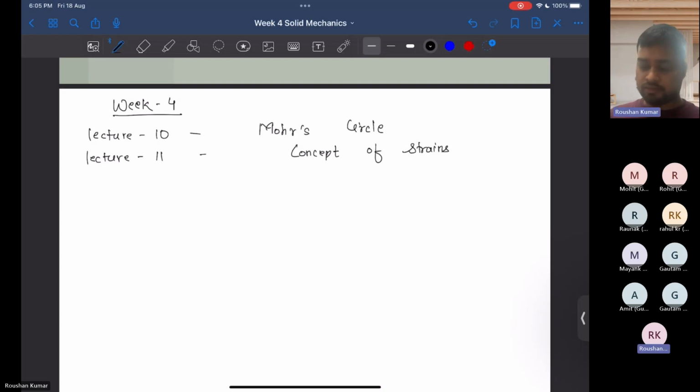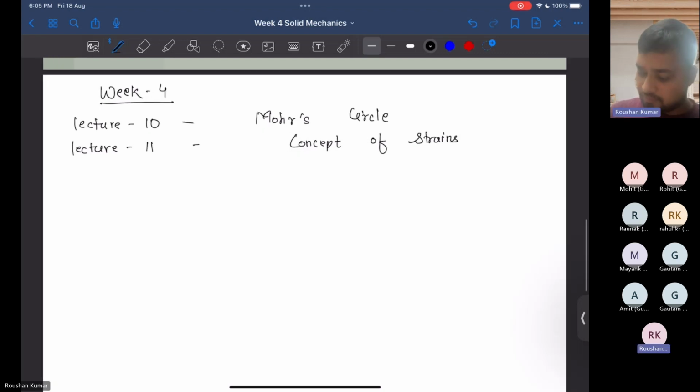So yeah, let's start. So first of all, in the last week also I have covered examples based on the Mohr circle, but some of the concepts still remain. So the remaining concepts that are covered under the Mohr circle will be discussed here. So in the last session we saw that in the Mohr circle we can find out the maximum principal stress and the planes and the maximum shear stress